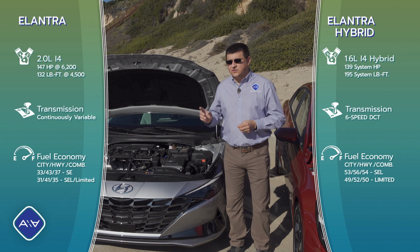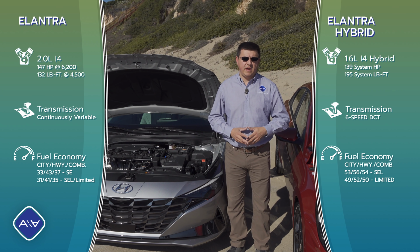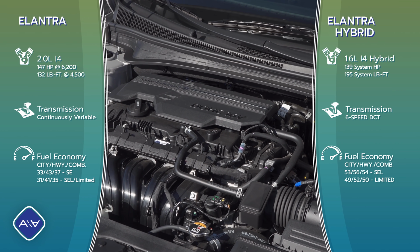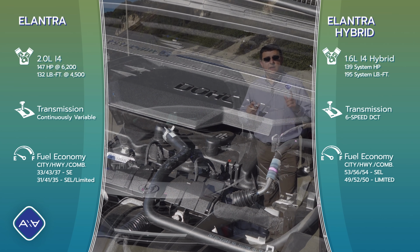The base model is going to get a 2-liter 4-cylinder naturally aspirated engine. That's the one over here in silver. That gives you 147 horsepower and 132 pound-feet of torque. The only transmission on offer with this engine is a continuously variable transmission that Hyundai calls IVT. Fuel economy comes in at 37 miles per gallon combined for the 2-liter engine, but if you want even better